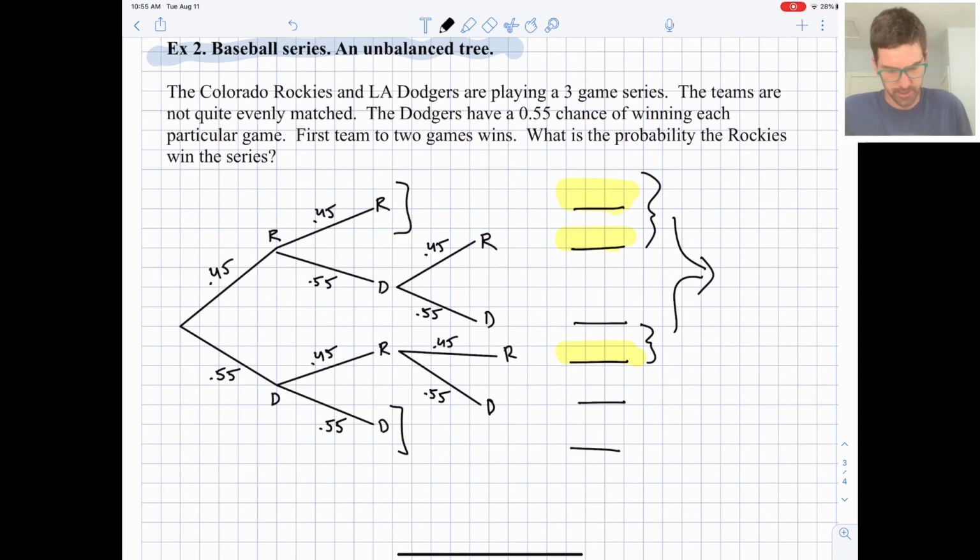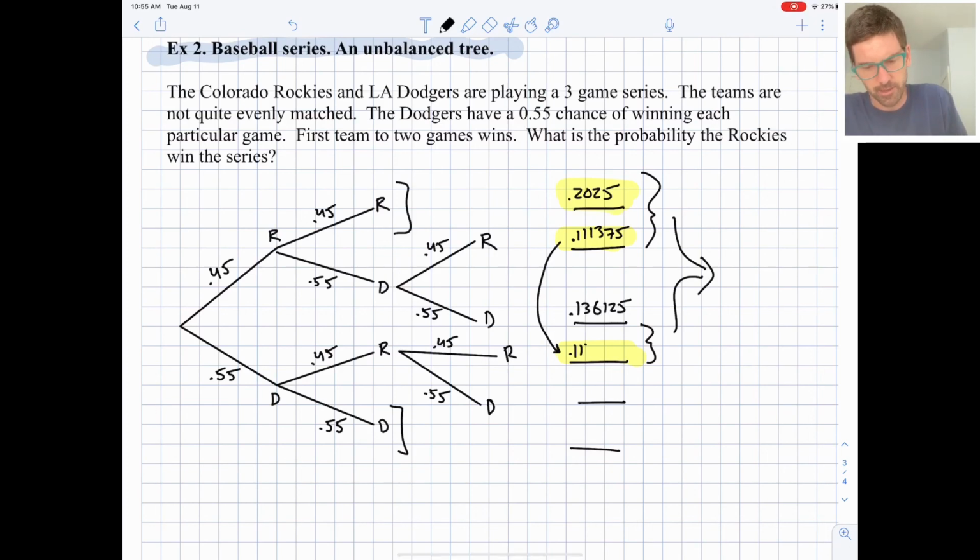So lots of multiplication we're going to be doing right now. And I'm going to write out all my decimal places just for now. I might end up rounding down the road. Let's see, 0.55 squared times 0.45. A lot of this is just really making sure you're staying organized. Is probably the biggest suggestion here. You can be a little bit clever here, so look at this one I'm about to do. That has 2 Rockies wins and 1 Dodger win, and we had that up here already, so that should be the same. Those wins and losses just happen in a different order, but that's not going to change. And then same here, 2 Dodgers wins and 1 Rocky win is going to be a